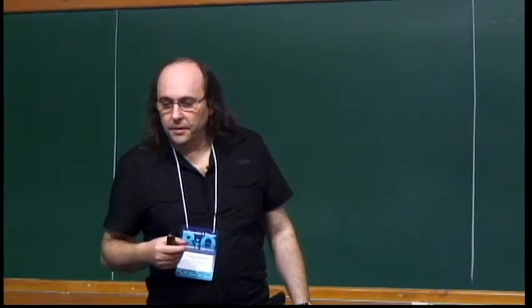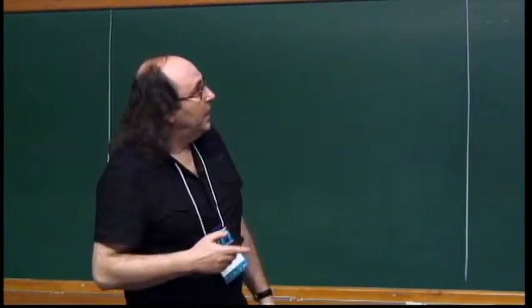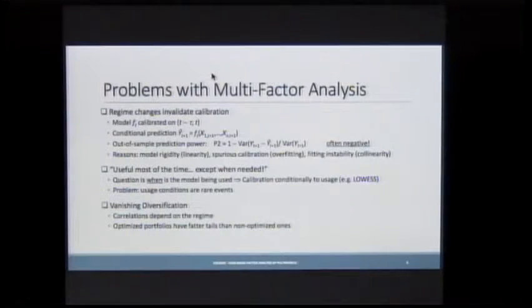The problem in here is I like looking at this conditional prediction. What is a conditional prediction? You assume that you know the factors in the future, but the transfer function from factors to the asset has been calibrated with available information at date t. So it's like you calibrate a model, you compute the factor loadings at a given date, and then you use the information in the future of the risk factors, and you compare that to the actual values.